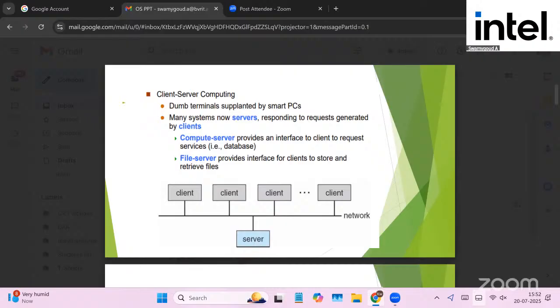That is client-server application. In client computing, the normal way is: if you want to compute, you want to load some data, say an Oracle database. So you have to purchase the Oracle database, install it, run a query, create a table, and store data. But if we don't have enough space or a licensed version of Oracle software,